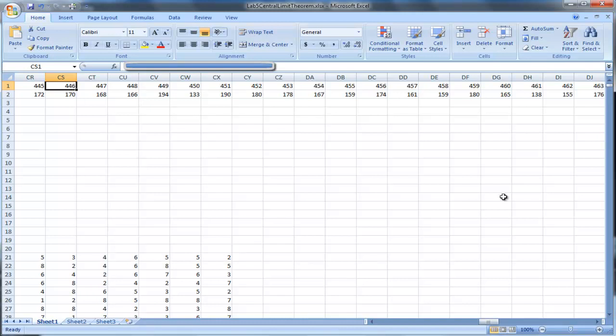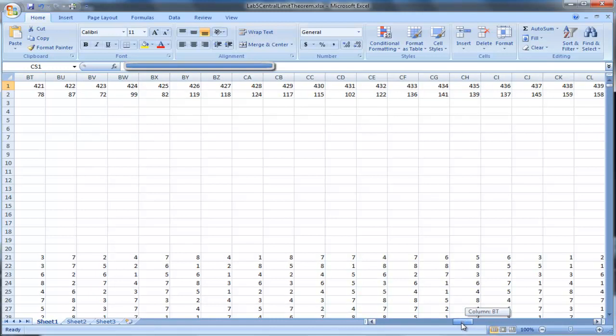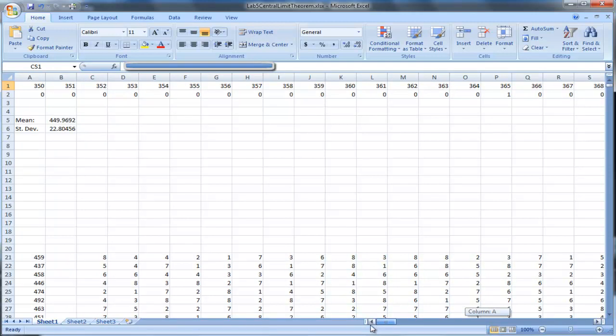So what shows up in real life is always affected by randomness. It's just that we will see patterns when we have a large sample size. Anyway, got a little rambly there, sorry about that. And then when I go back farther away from the mean, 450, I start to see those zeros and 1s show up. So to get these numbers 350 through 550, the way I do it is I type the 350,